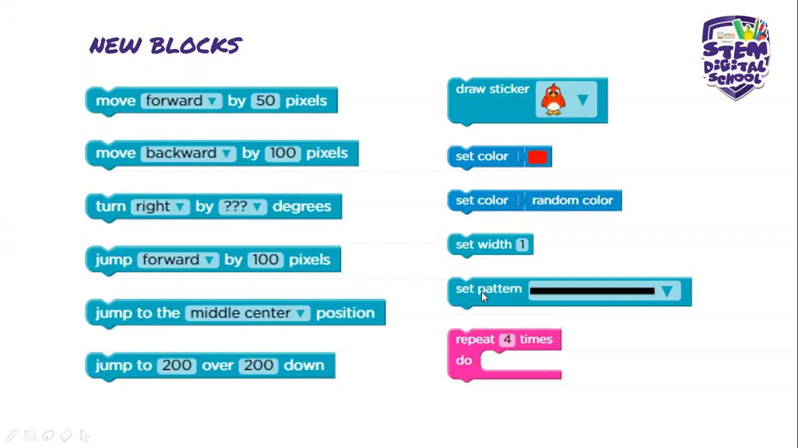Okay, guys, and then we also have set a pattern. In here we'll have little hearts, and we'll have lines, or we'll have little rainbows or flowers. So we can actually play around with a lot of commands and blocks today. So let me quickly just show you one more slide before we go to